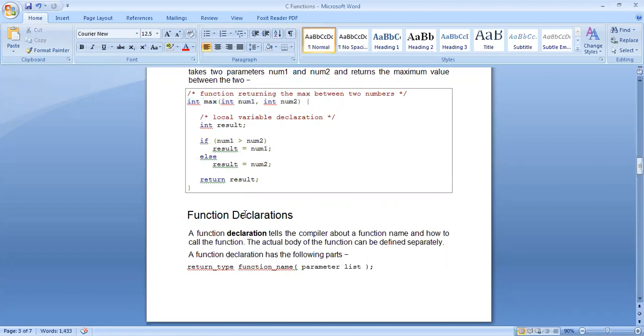And what is the purpose of a function declaration? It informs the compiler, because the compiler needs to know that the user has defined his or her own function inside the program. Ultimately it is the compiler who will do the compilation. So if the compiler does not know about this, it will display an error. So we have to tell the compiler that we will be using a user-defined function in our program whose return type is this, function name is this, and the parameter list is this.